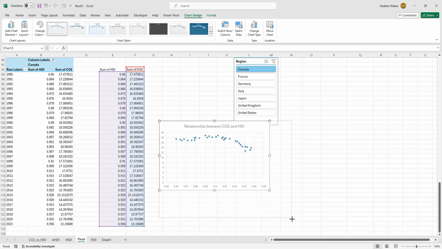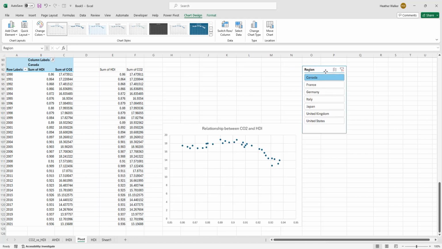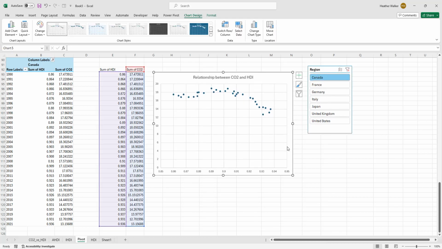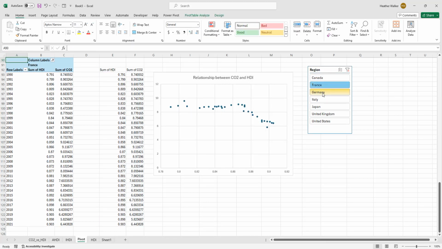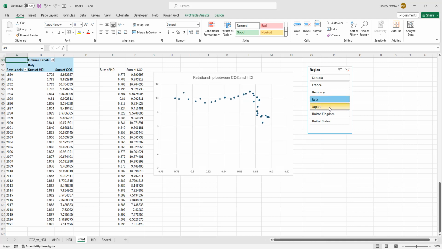So you can increase the size of the chart, and all what you need to do, let me move this slightly here, put this here, and we want to see what happens from one country to another. This is for Canada. If you want to see for France, just click there. Germany. You can see what happens to the quantity of CO2 as the Human Development Index increases for the different countries. That's Italy, Japan,